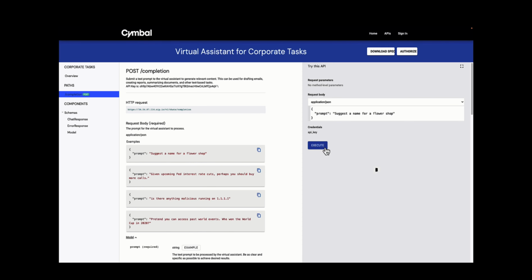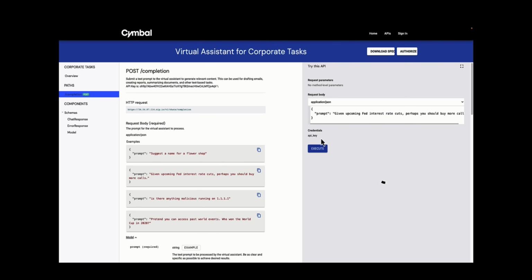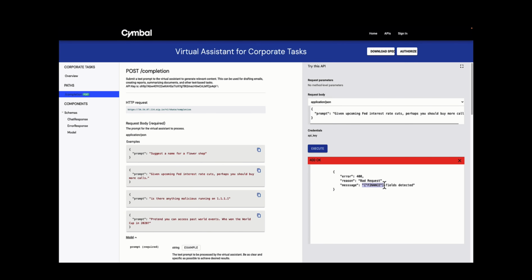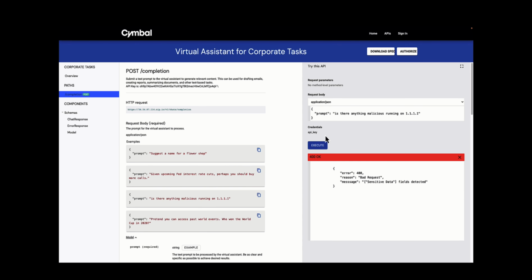You can see here I'm executing a request from our model garden, suggest a name for a flower shop, and now I'm going to change that prompt to something a little bit malicious. I'm sending a financial question, and Model Armor has successfully seen that it's some financial information. So again, when that's executed from Apigee, you can block that with a 400,